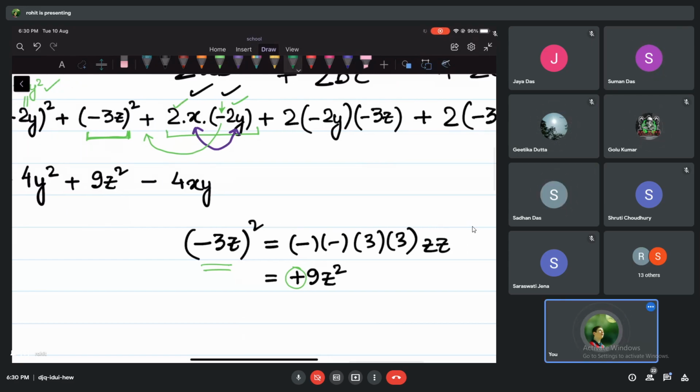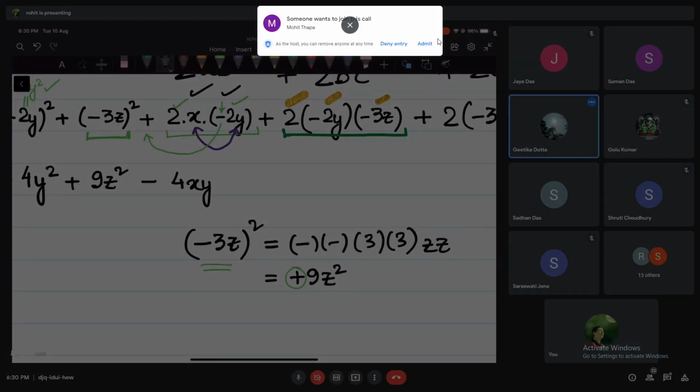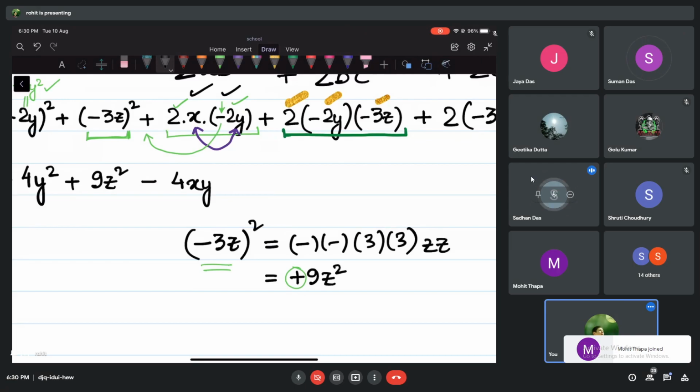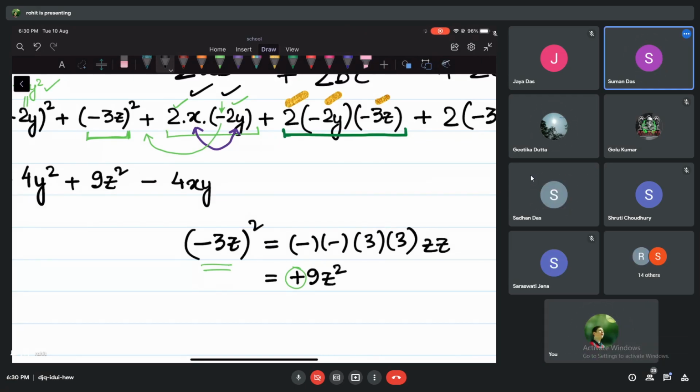Okay. Now we will solve this one. So tell me the numbers first. 2 into how much into how much? 2 into 3, right? So how much? 12, sir. 2 into 2, 4. 4 into 3, 12. Can I write 12? 12. Then y into z. How much is y into z? yz. Very good.